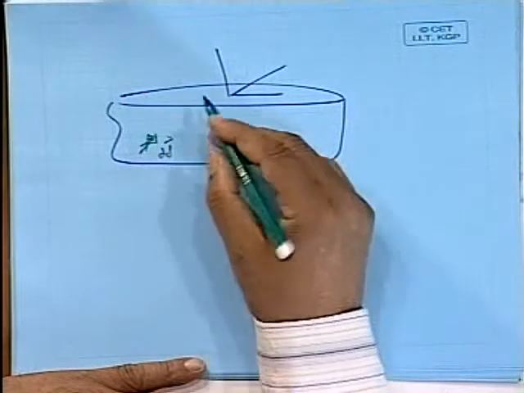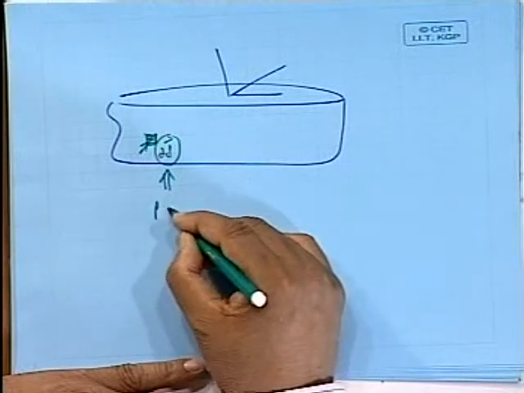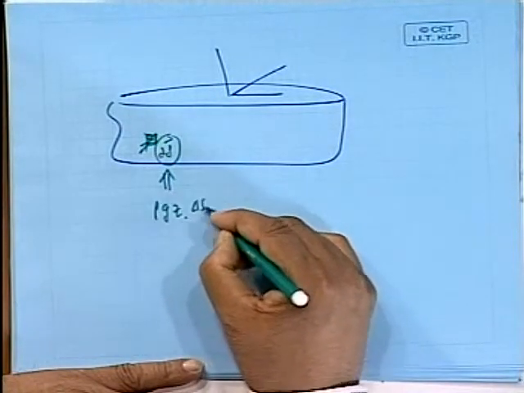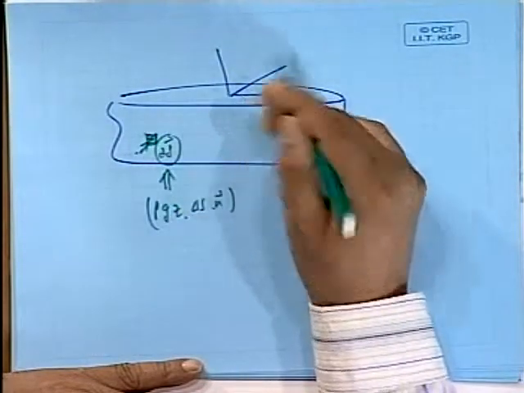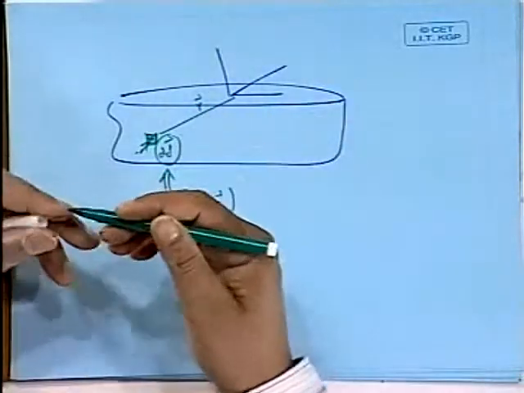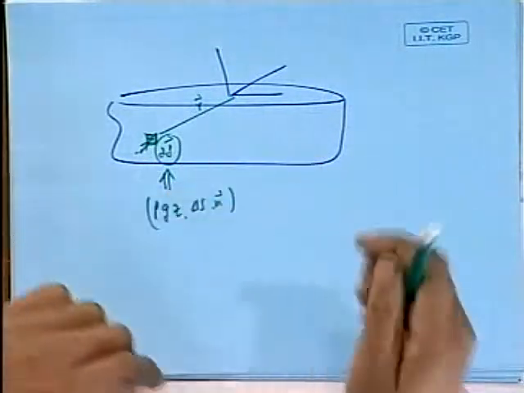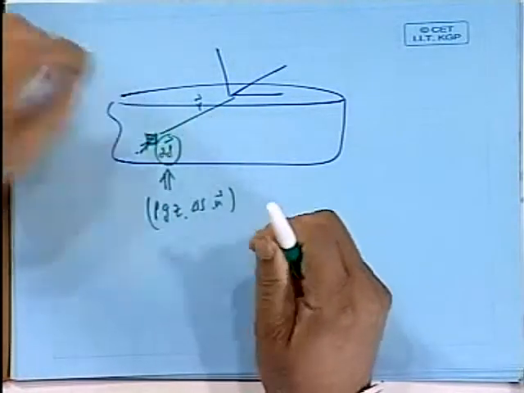as long as you know this force, this small force, this force is known because this force is rho g into z of that point into delta s into n. You can find out moment of this force about any axis because you know this distance r about any point. Now by taking the moment of this force about any point, you can get the net moment of the force, and the moment divided by the net sum of the force will give you the centroid of the resultant force about that axis. Like that you can carry on.